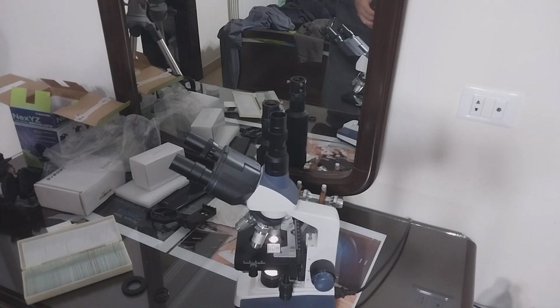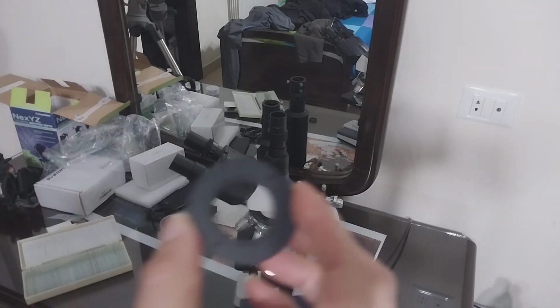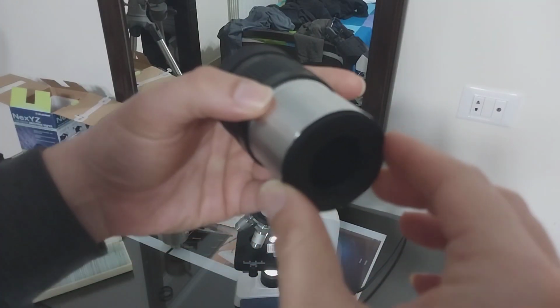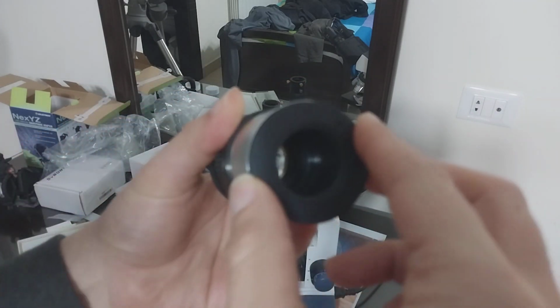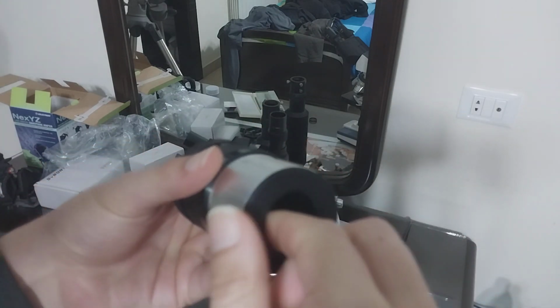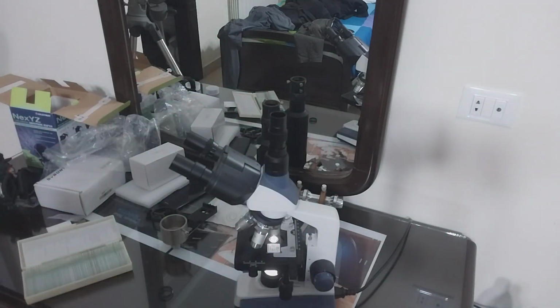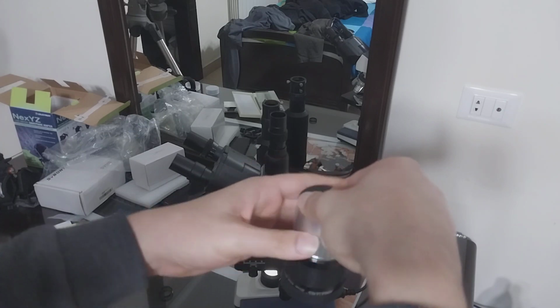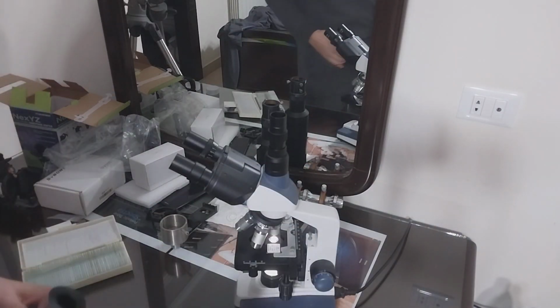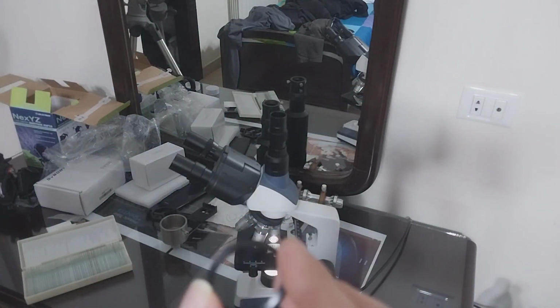Now we have this expensive adapter. First of all, we have this adapter which can take the place of the 2-inch color filter of a telescope. We have this ring. This is a very expensive ring, by the way. This is $20, only this ring. This can take from outside this hole,